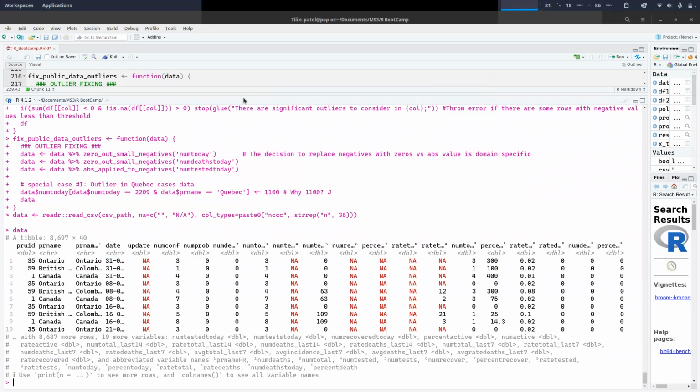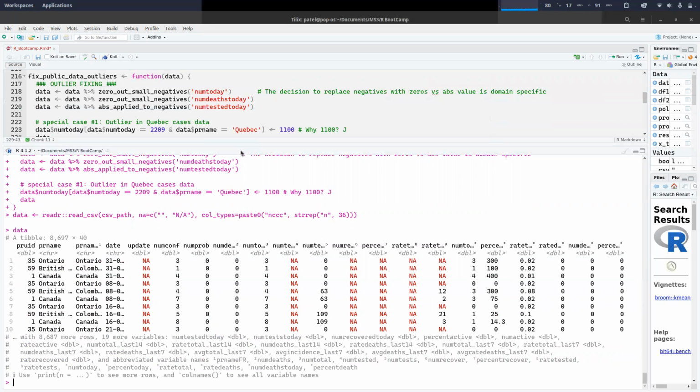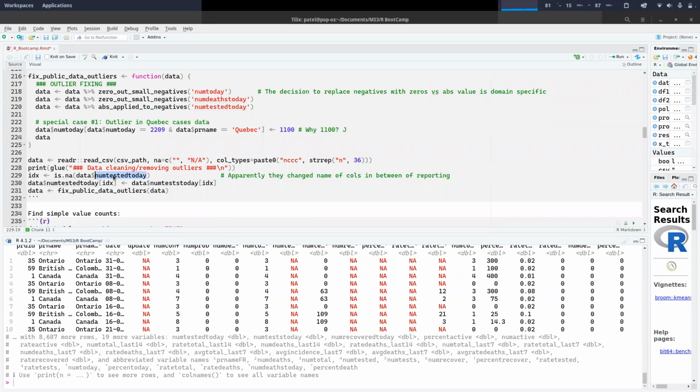There are two columns. One column is named num tested today. And after a few months, they introduced another column called num tests today. So they had, let's just say, for example, they had values of total testing done in a single day from